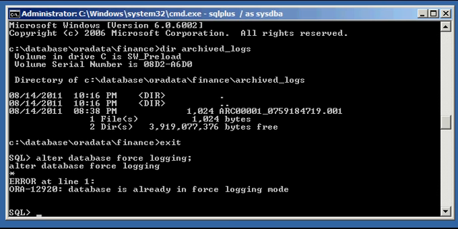So now we are ready to, you know what? Let's do that now. In this scenario, our primary database is called finance, and we're going to create another database, which is going to be the standby database on the same system, which is not recommended in the field, obviously, but for this environment, it's fine. It's called finance2. So finance is going to be our primary production database,